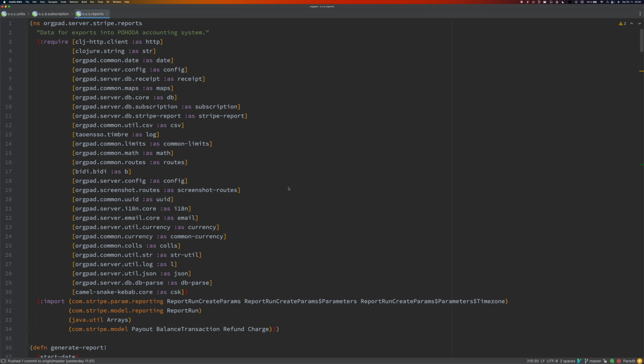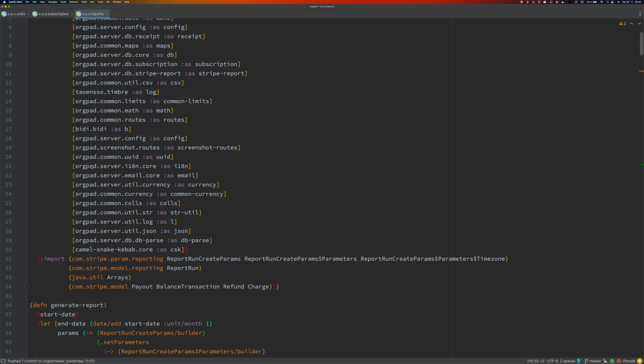I basically waited for the first 2 months of payments, and then I used the real data from Stripe to build this infrastructure. The core of this namespace was created over 1 day, and then I did some updates here and there as we were adding more functionality.